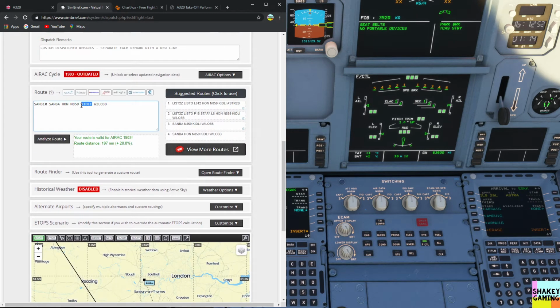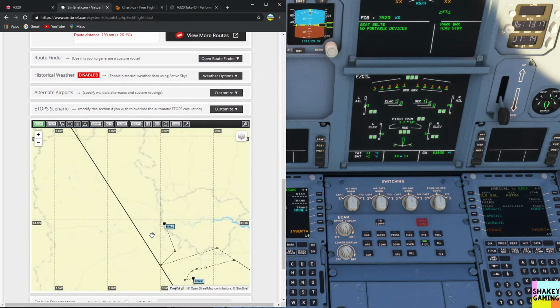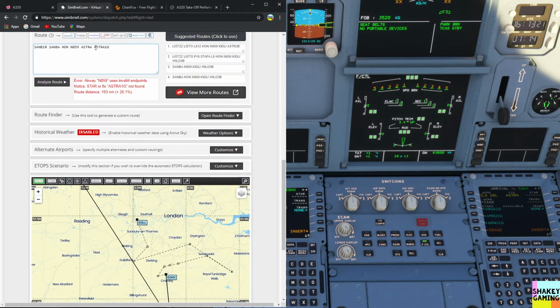If you put Astra in there, and then our arrival, which was Astra 1 Golf, click route. Because the airway's endpoint is not Astra, it's Kidley, it comes up with an error. It's just going to ignore that and go straight to Astra. If you put Kidley back in,